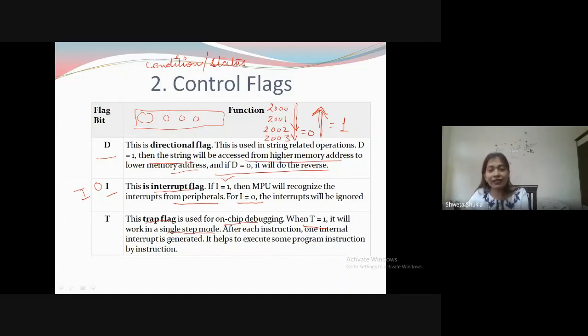After the execution of every instruction, the control is given to this trap flag, and the trap flag will tell whether we have to execute the next instruction or not. After every single instruction, it will check the trap flag. So remember, it is used to execute a program instruction by instruction. After every instruction, you have to check whether to execute the next instruction or not. In that case, a trap flag is used.